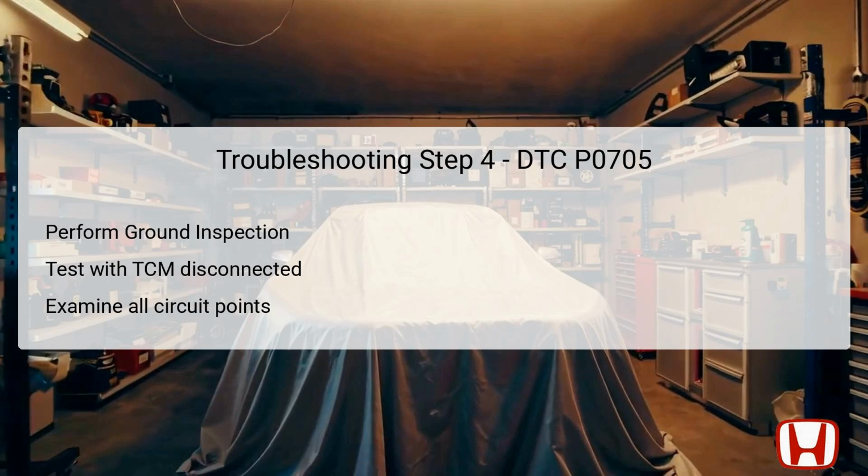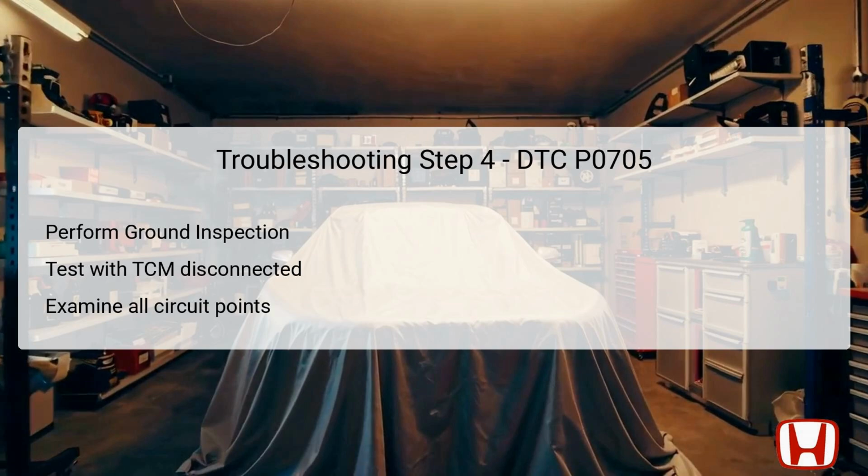If not, the ground circuit is likely faulty. This step is crucial, as a short to ground can simulate signal input issues, complicating the diagnosis. Thoroughly examining all potential ground points will help to identify if any components are affected, thus leading to a successful